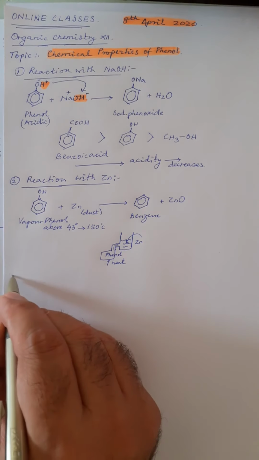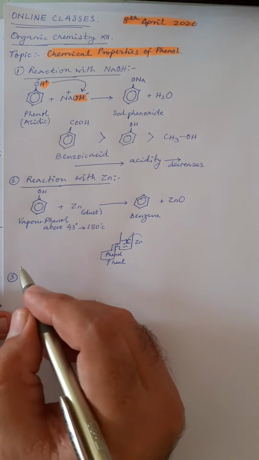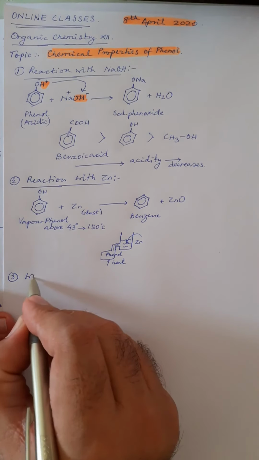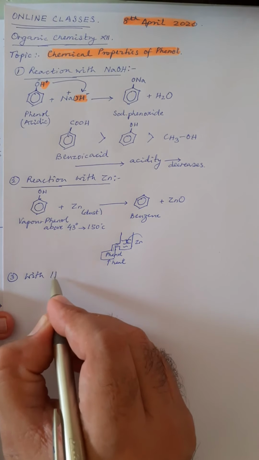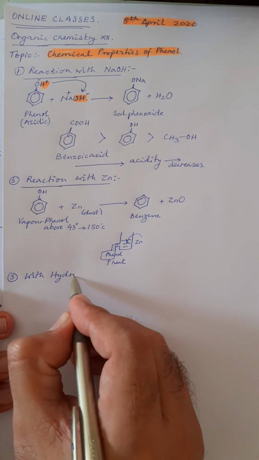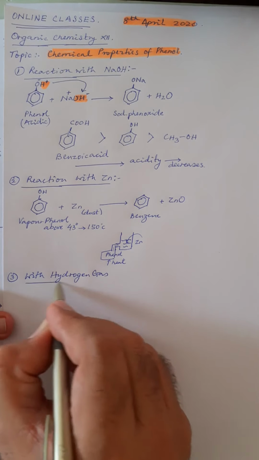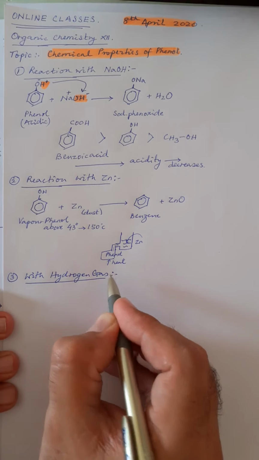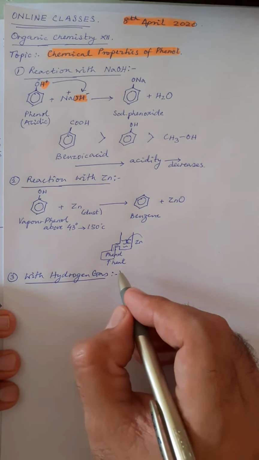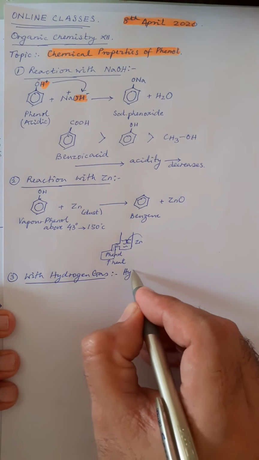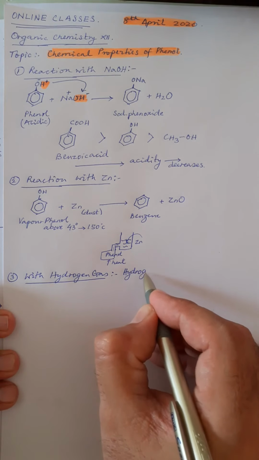The third reaction that I want to discuss with you is with hydrogen gas. How phenol reacts with hydrogen gas. Now, when any organic compound reacts with hydrogen, it's called hydrogenation. So how can we hydrogenate